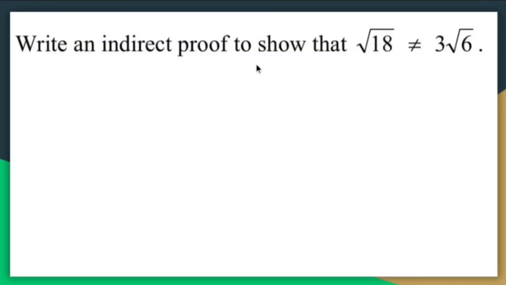Write an indirect proof to show that the square root of 18 is not 3 root 6. What the crap is an indirect proof, you ask? Well, let's first assume